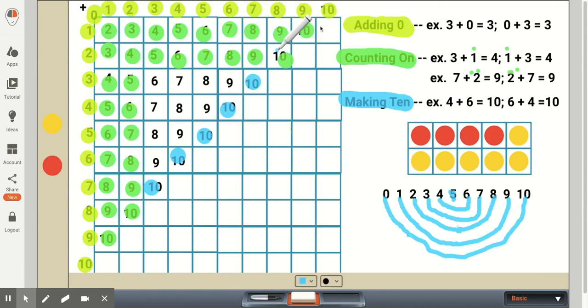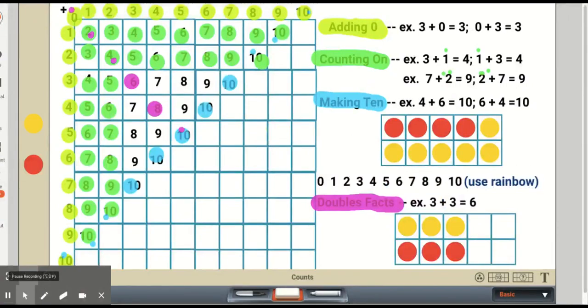So depending on which strategy a student wants, same thing with 9 plus 1. They may be counting on 1, or they may be thinking of it as a combination of 10. 10 plus 0, be adding 0, or once again, it's making of 10. And the same with the add-ins if we were to reverse and switch them around.